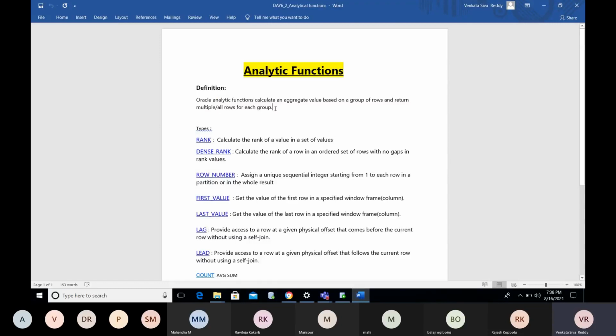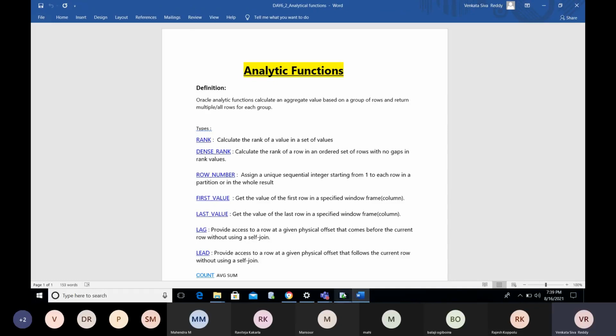That means if you are trying to find any aggregate value, sum of salary, average of salary, count or anything, along with the grouping value you also want to find non-grouping values for the entire group, not just a particular group record. Along with the grouping value, we use the analytical function.